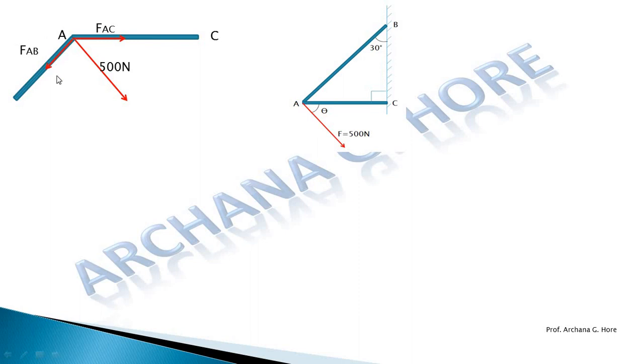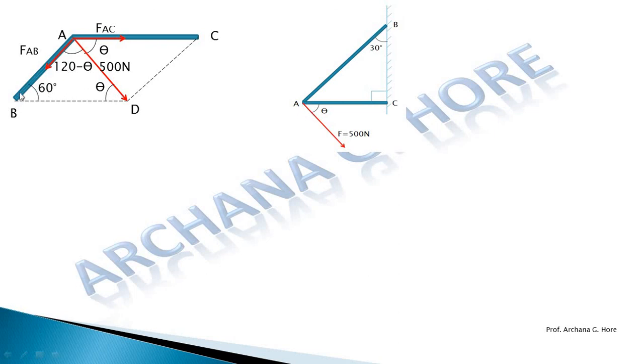We want to find out FAB, and FAC is given in the numerical. This is the angle theta, and this is the parallelogram, parallel to this side and parallel to this side. This is the original force, which divides the parallelogram into two triangles. Now choose any one triangle and find the angles of the triangle. These two angles are equal. This is 120. How do we get that 120? By extending this, the complete angle is 180, so 180 minus 60 plus theta, we get 120 minus theta as the remaining angle.